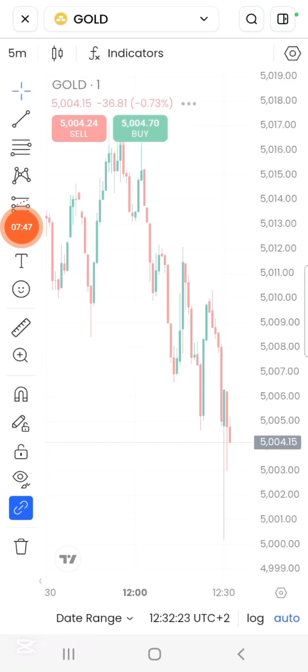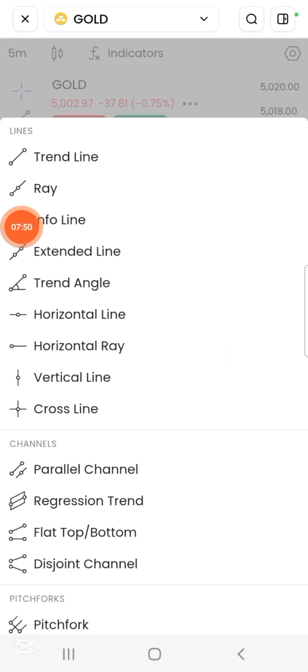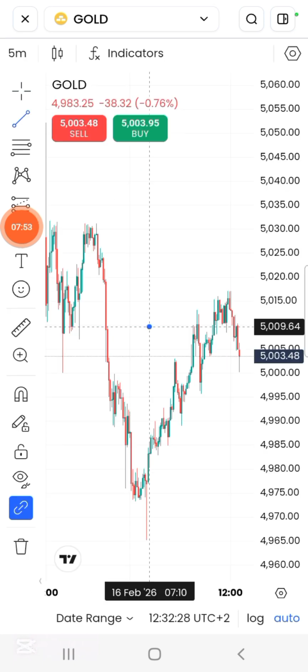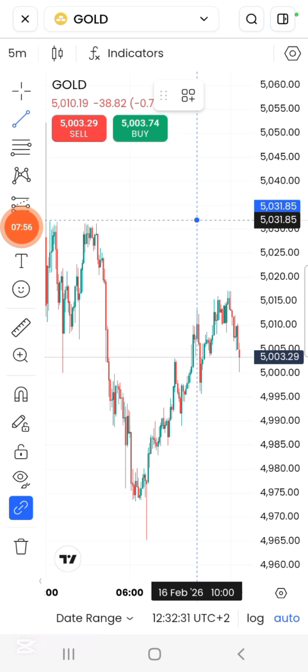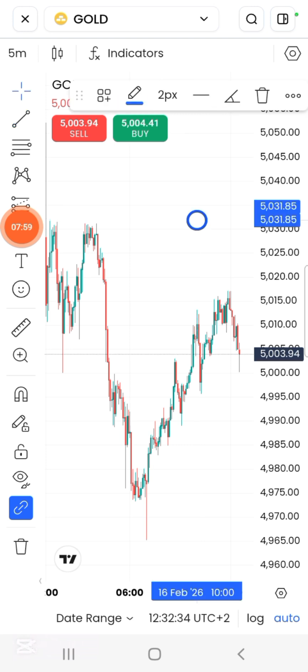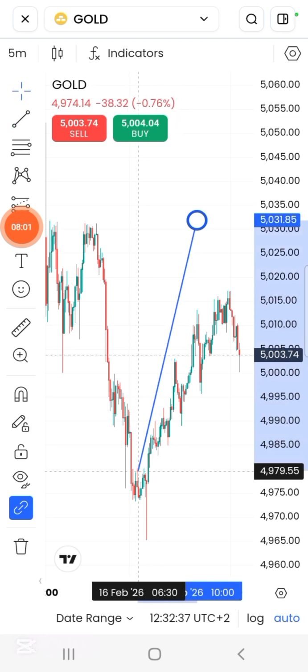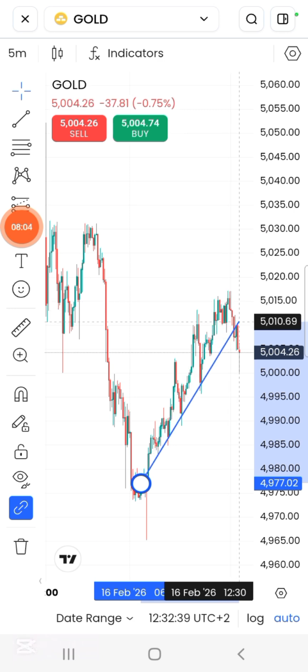You want to draw a line, maybe your line here, say a trend line. This is how you draw lines, and then you analyze it.